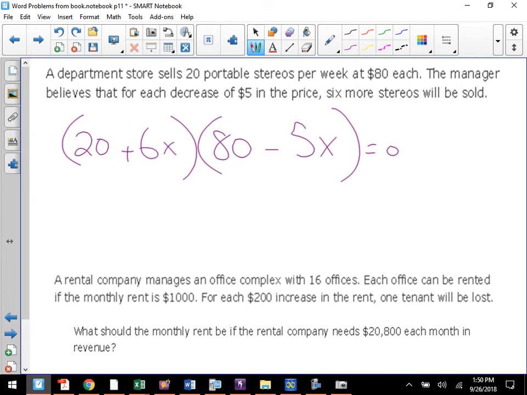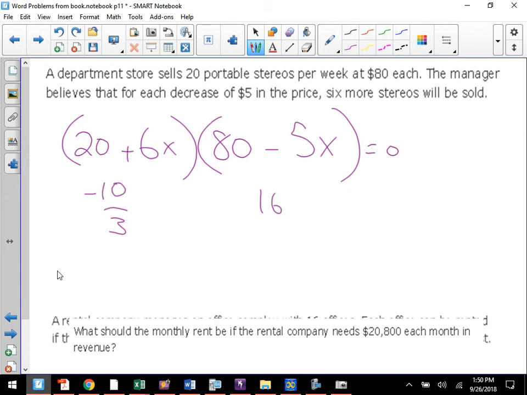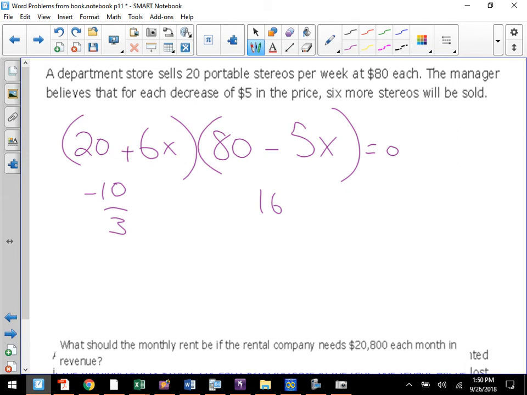So you have zeros here at negative 10/3 and 16, I believe? Okay. So we have to figure out what's halfway between them. No decimals, your fractions. So the halfway spot,